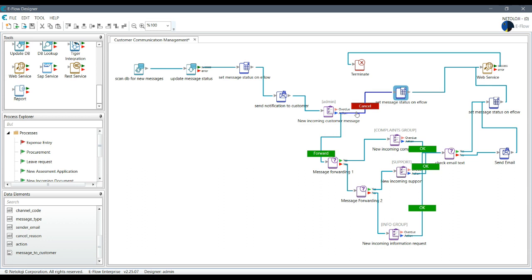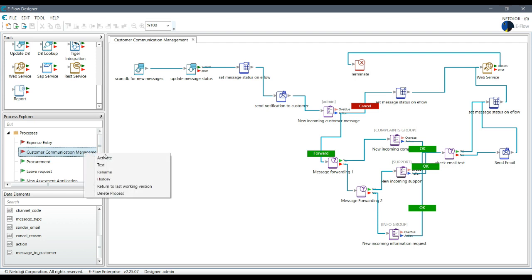What did I change here? I changed in the first task form, if the user cancels the process status will be updated to cancelled, and then we call the web service cancels, updates the database, and then goes to terminate. The same thing, similar thing will happen here before going to notification. After going to notification, we will update the status, and then call the web service, update the database, and terminate the flow. And I think I can save it, then I can activate it, and then go back